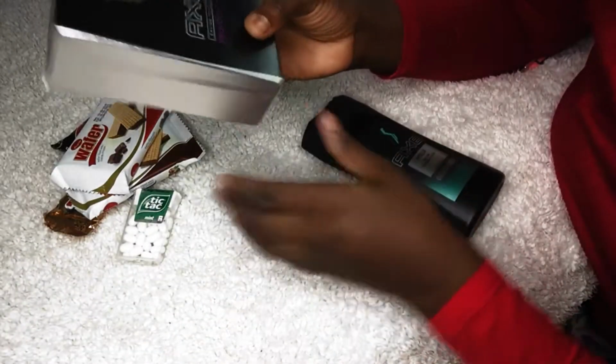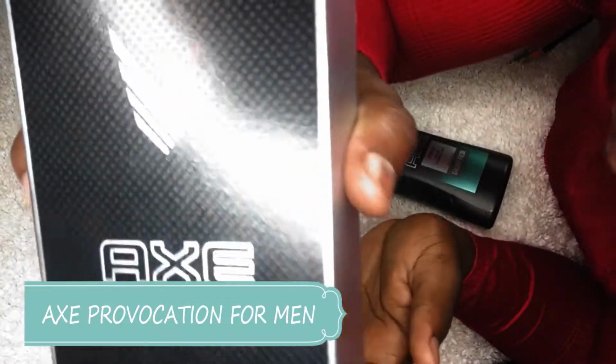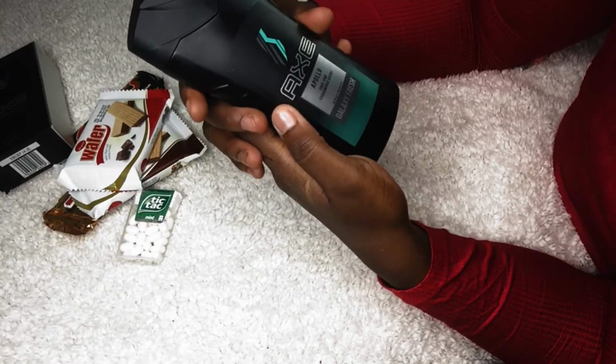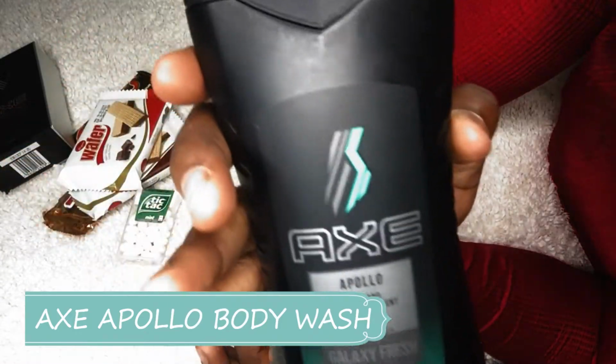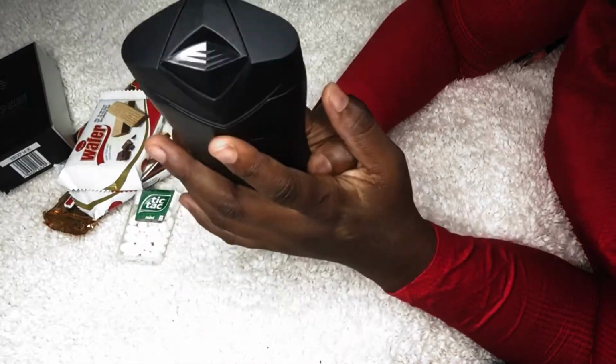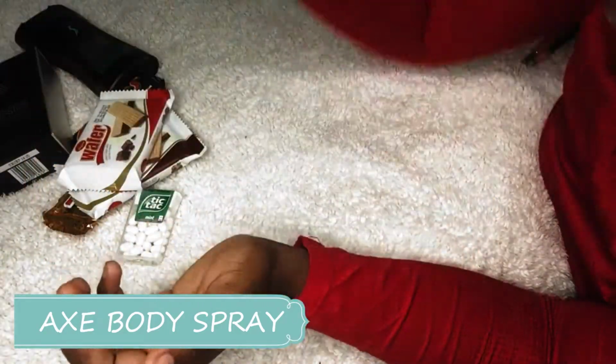Then I decided to go for Axe products. So I got this Axe perfume, provocation, I don't know. Then I got the Axe body wash here. It's for a guy, so I tried as much as possible to make everything look all black and masculine. And I got this Axe body spray, deodorant spray. Then I got this Dove Beauty cream bar. I didn't get the dark